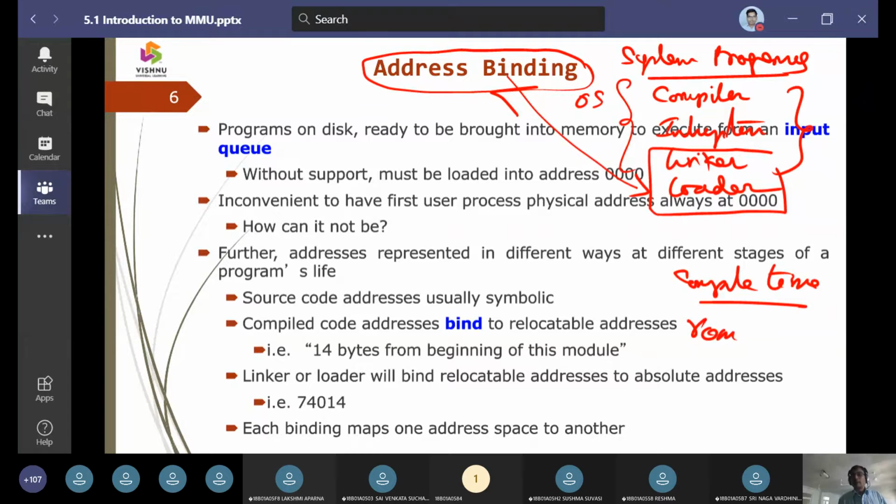Compile time is going to convert from source to object. It is going to convert from source code to an object code as far as compile time is concerned.